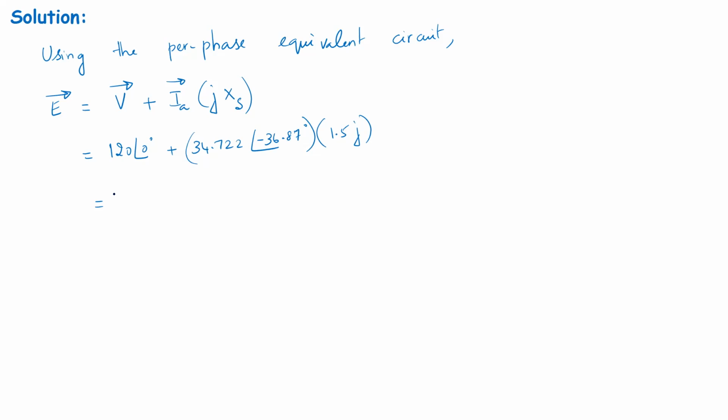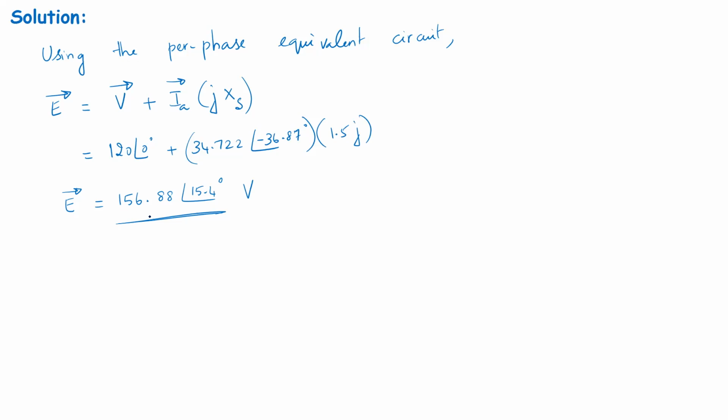And I'm going to express this value in polar form, which gives me that the magnitude is 156.88, and the angle is found to be 15.4 degrees. And the unit of this is volts. Please note, this is the per phase excitation EMF, not the three phase, not the line to line. Okay, this is the per phase value. Now, whenever you come up with such a number, one thing you should do immediately is to check whether this makes sense or not.